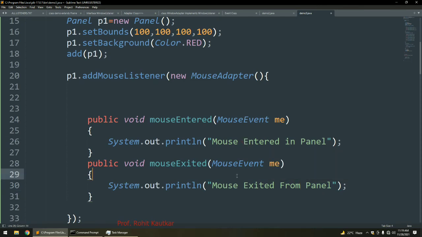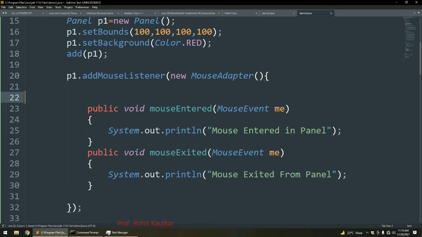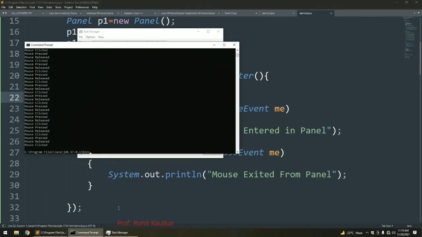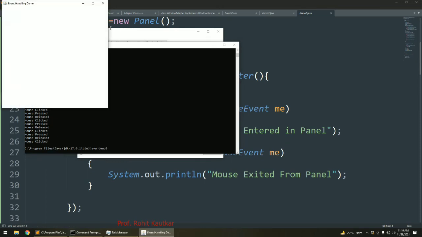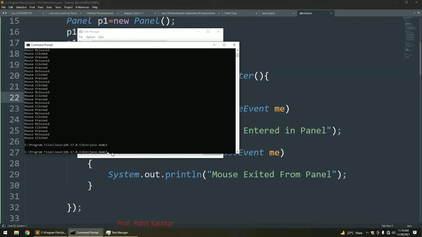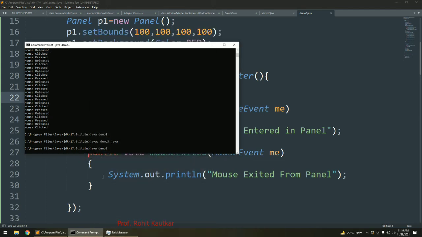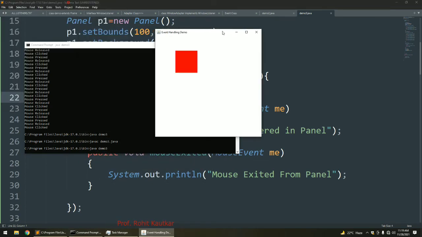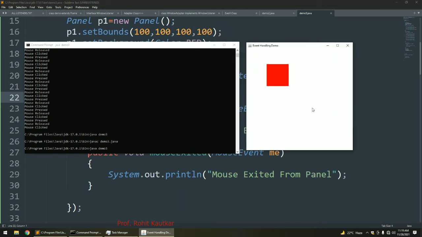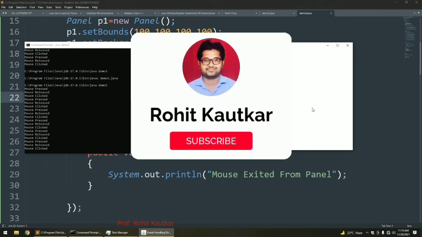Now let's check how it is working. Again I will compile. I had not compiled and directly executed, so I needed to compile it first. It got compiled. Now you can see there is one red panel.